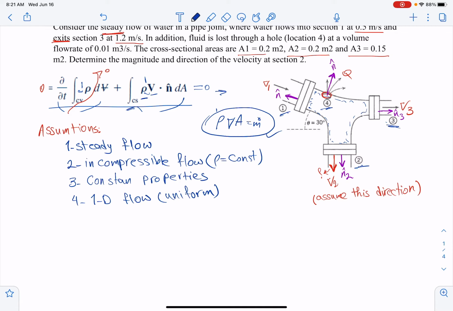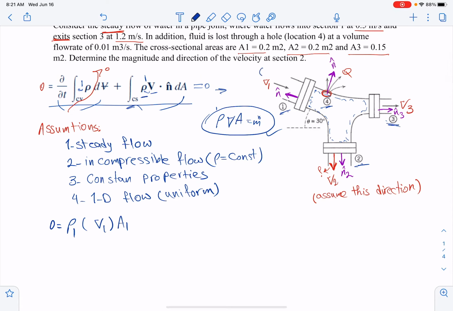So let's get started. We know that the conservation of mass says that all of the mass in the system should be conserved. So at the first section we have rho 1, and then we have v1 times a1, and because v1 is going into the system, into the control volume,